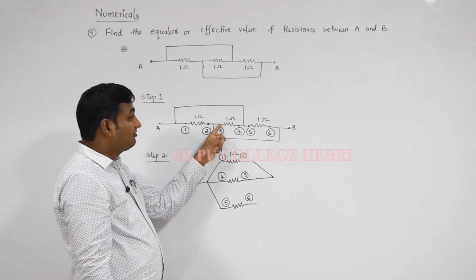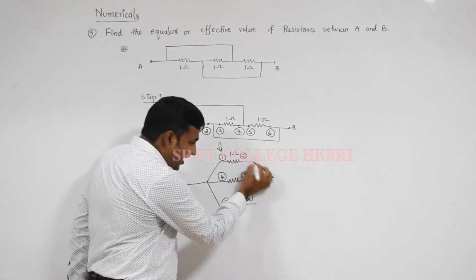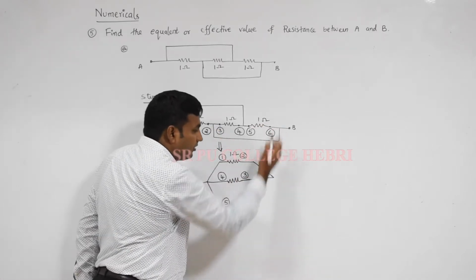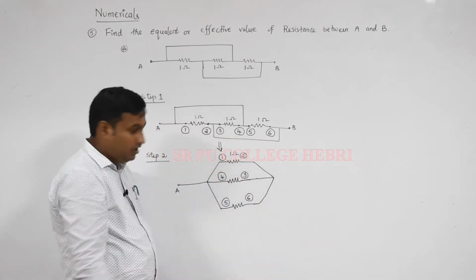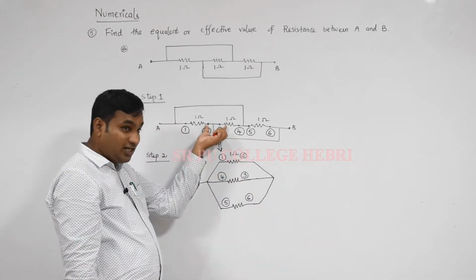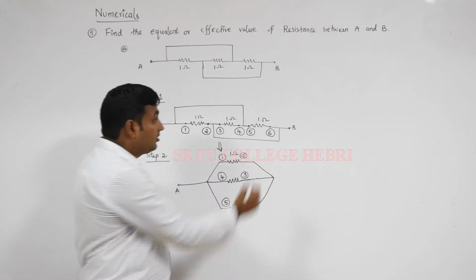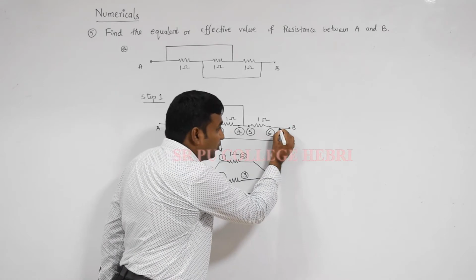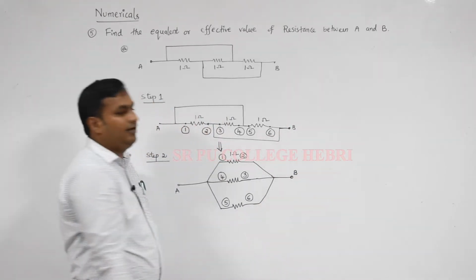2 and 3 together are connected to terminal 6. This is the terminal 6. I repeat, 2 and 3 are connected here, and together they are connected to terminal 6. Terminal 6 is connected to which point here? End B. Terminal 6 is connected to end B.